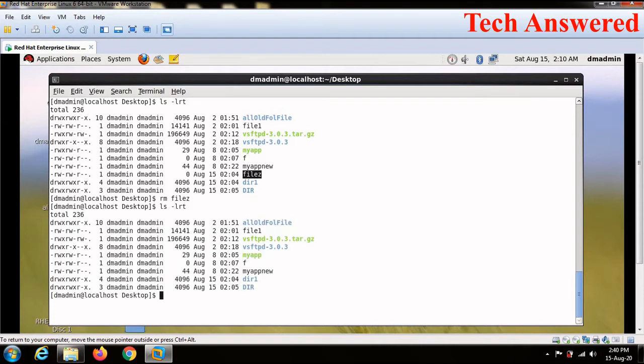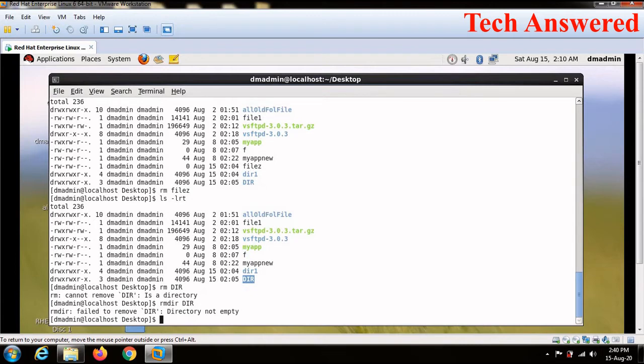What else can we do with the rm command? We have just created a directory called dir, and what if I want to delete it? I can just write rm dir and let us see if it is able to delete or not. Now you can see it is telling you dir is a directory, it cannot delete. If I try rmdir dir, it says directory not empty.